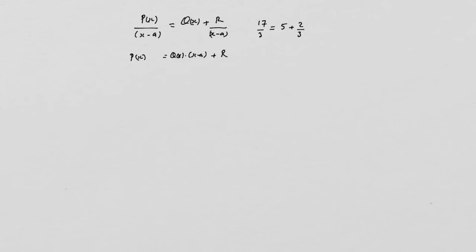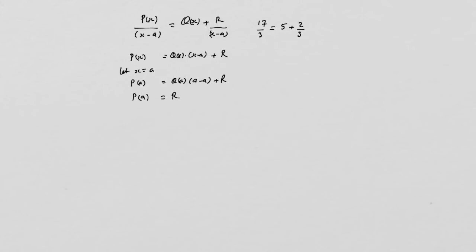Now, if we put the value x equals a into this, we will get p of a, and that will be q of a times a minus a plus r, and because a minus a is equal to 0, then the first term on the right hand side disappears and we get p of a equals r,